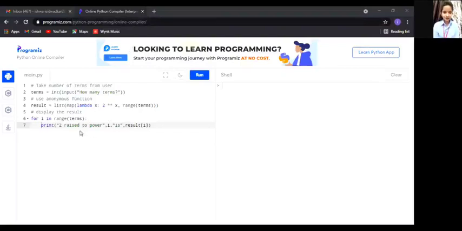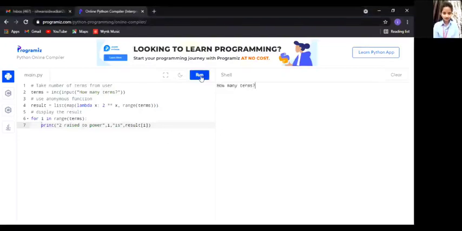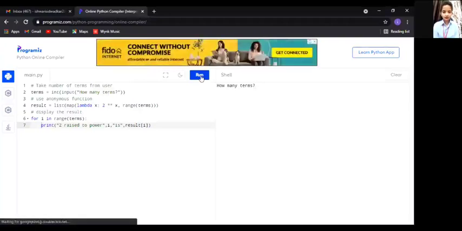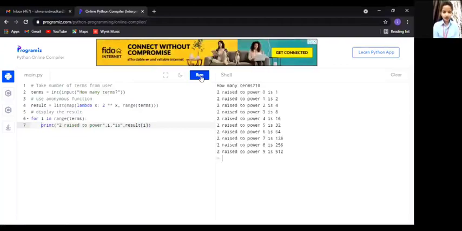This is the code of our project. I will run it. So enter any number you want. So I will enter 10. As you can see here, this is the output of our project.